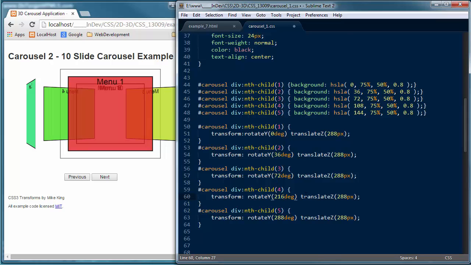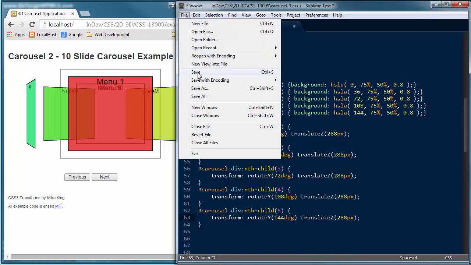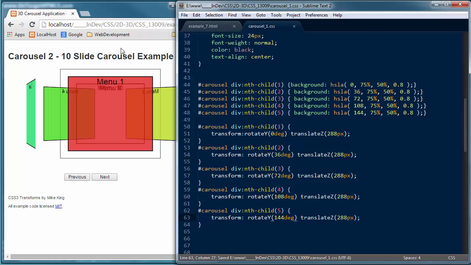And again, I want to go with 108. And I want to go with 144. I want to go ahead and save those changes. And now you're going to notice a big impact when we actually update the browser window. It's going to make a big difference in the way we look at this